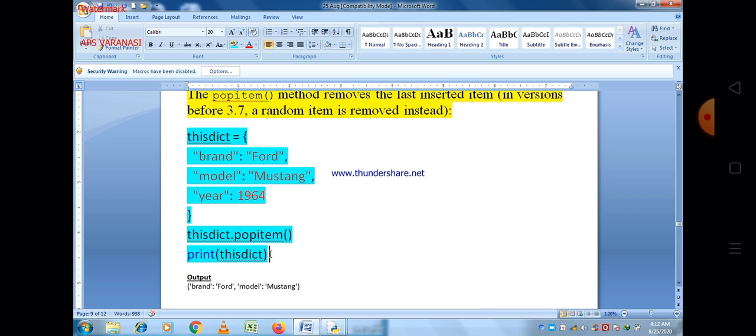This dictionary contains 3 data items. After that there is a statement thisdict.popitem, and at last print thisdict, which prints the dictionary after the deletion of the data item.